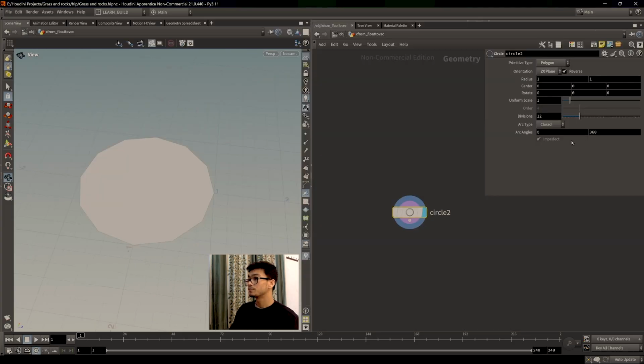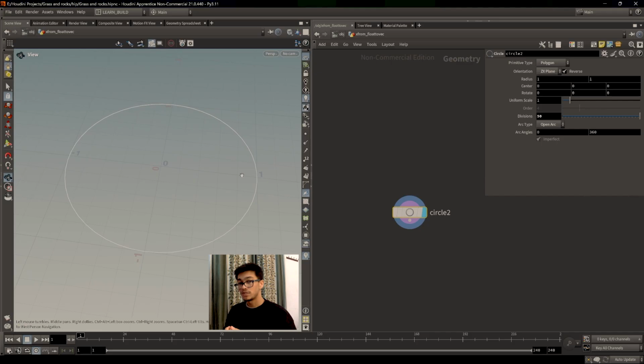So what we can do, we can set arc type to open arc, and we can increase the divisions so it can be a smoother circle, and decrease the arc angle, the maximum value, like the end value, so we have the separation like this,